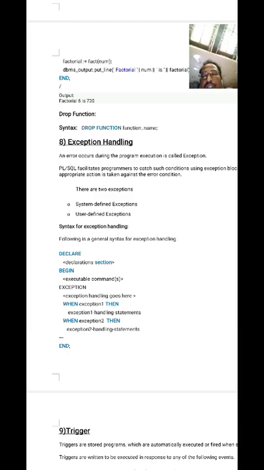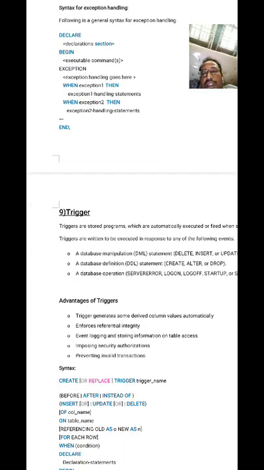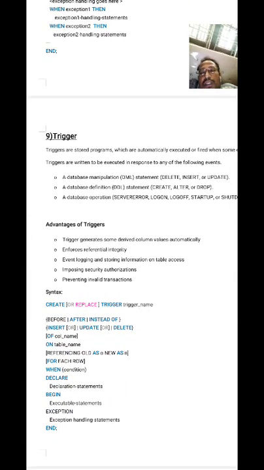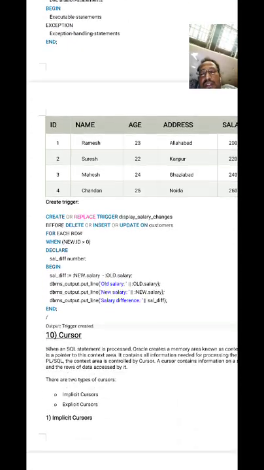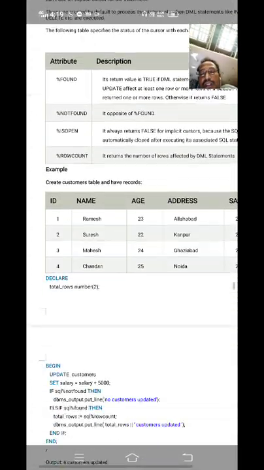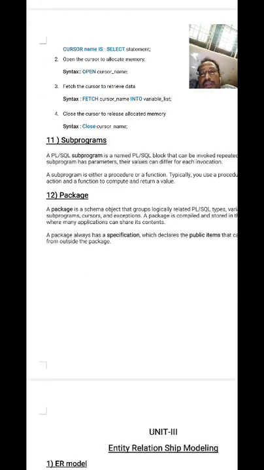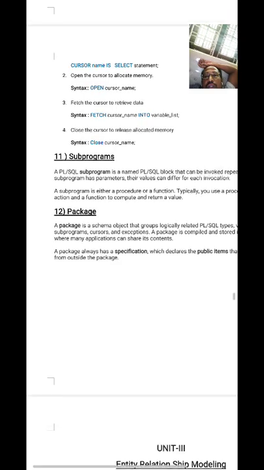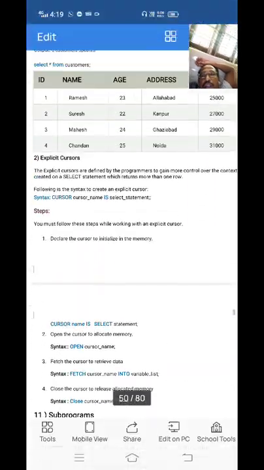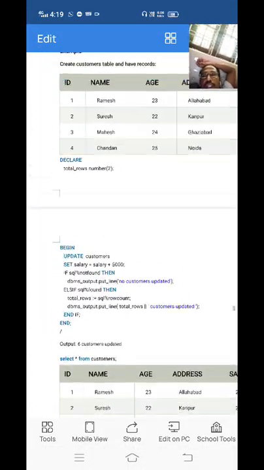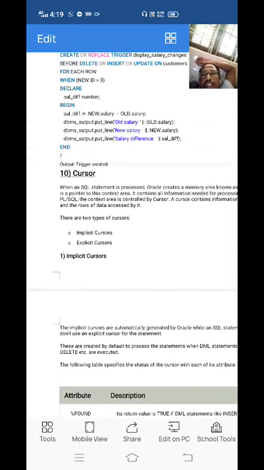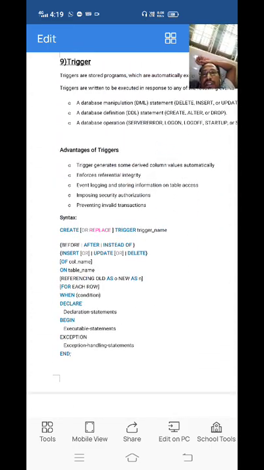Yes, in the next class we will take triggers and cursors.